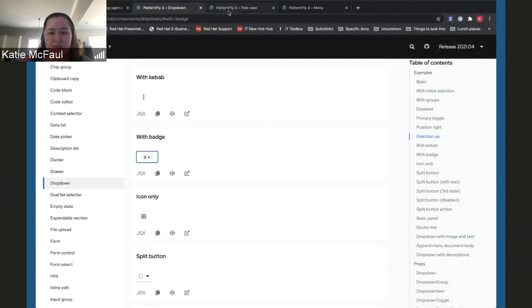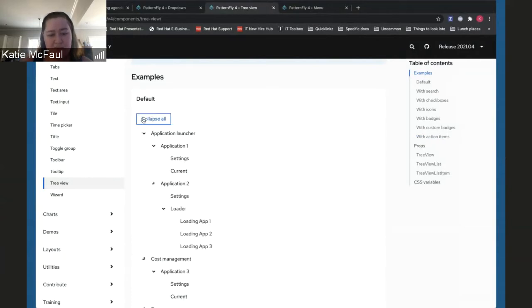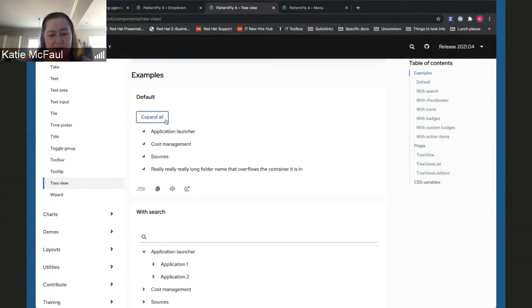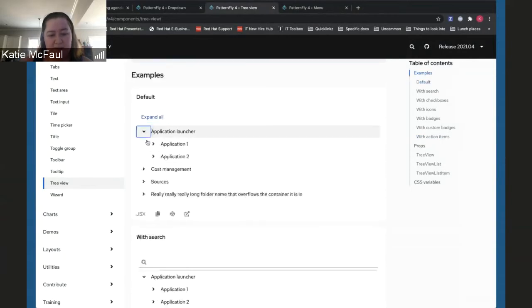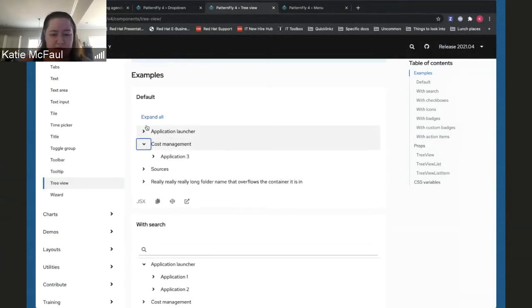Second up, we have an enhancement for tree view, where we added some functionality to control expand and collapse for all of the items. And this lies outside of the tree view, so you can click this button to expand everything, and all of the subfolders are expanded. I can collapse them all back down, and this will collapse all the subfolders as well. This button right here can lie wherever you want. It could be in a toolbar to control a view. So this is all separated and great.